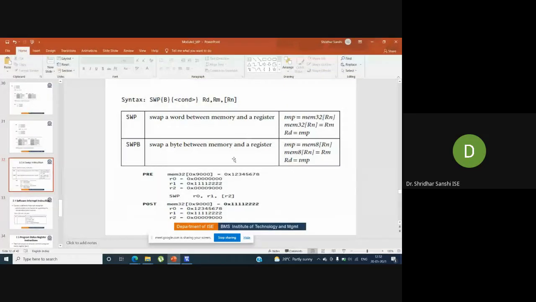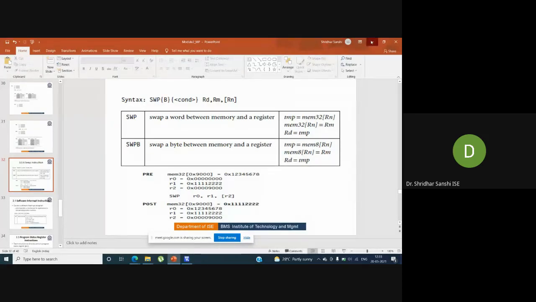Okay. So you can see here, the content of memory is moved to the RD register. RD in this particular example is the first register, correct? In this example, it is R0. So the content of memory is moved to R0, and the content of R1 will be moved to the memory location. The memory location will have the value of RM, the second register.